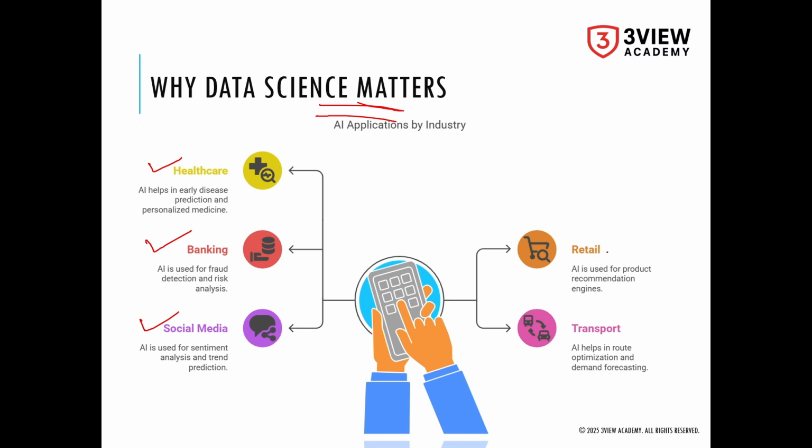Then the most important is retail. We all are using Amazon, Flipkart, and many more e-commerce websites. If you noticed, many times Flipkart or Amazon will show you the product which you like, based on your liking and your past purchases. So these are also working through data science, the models and the backend system which collect your data, interest and purchasing history, and show you similar products so that you buy more.